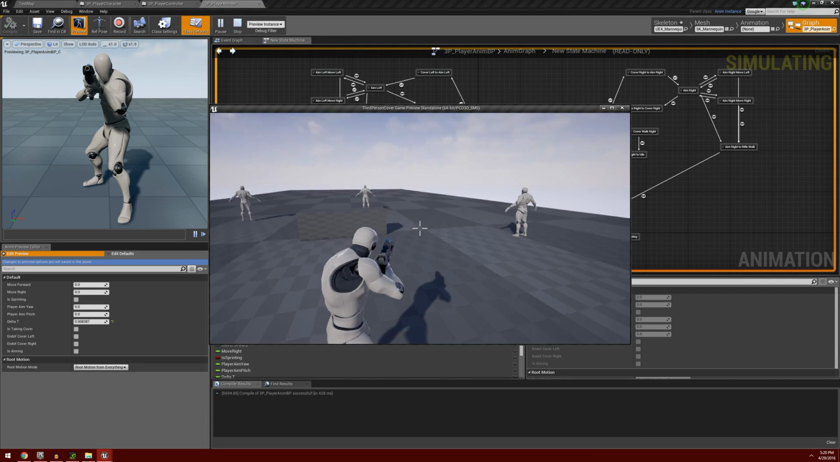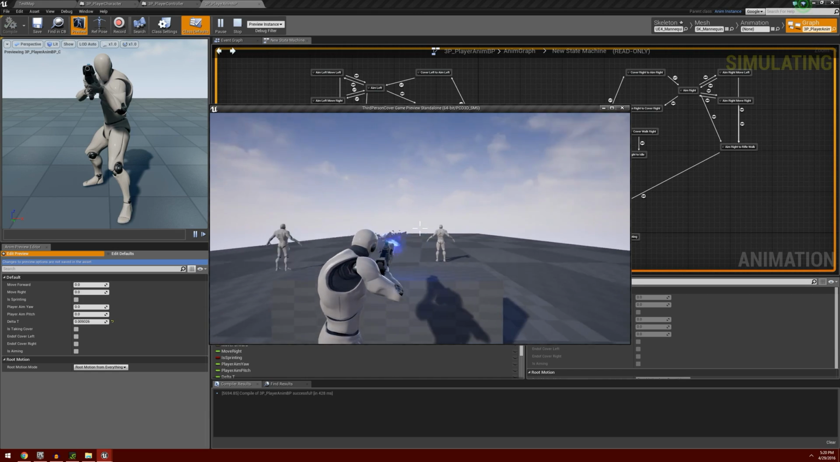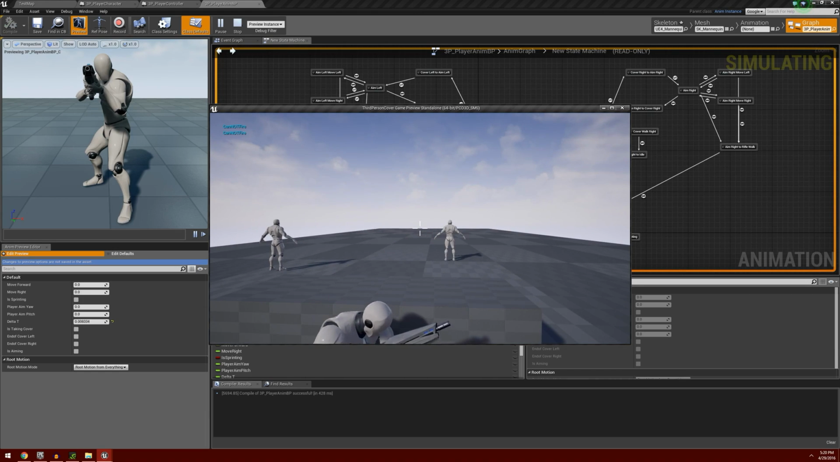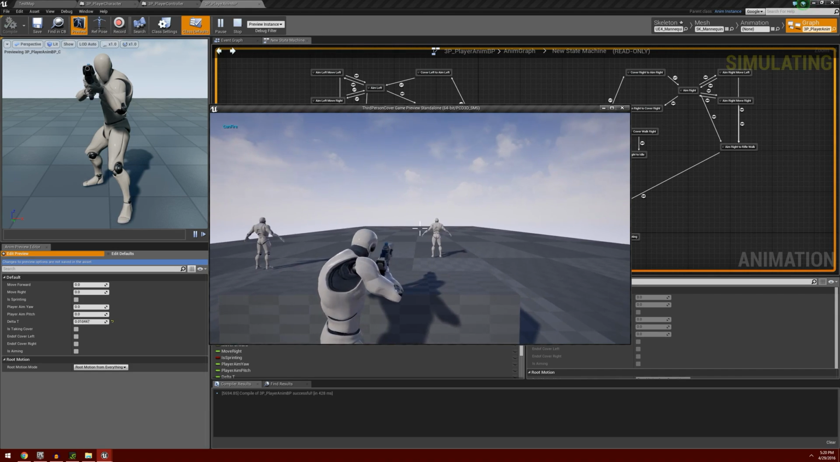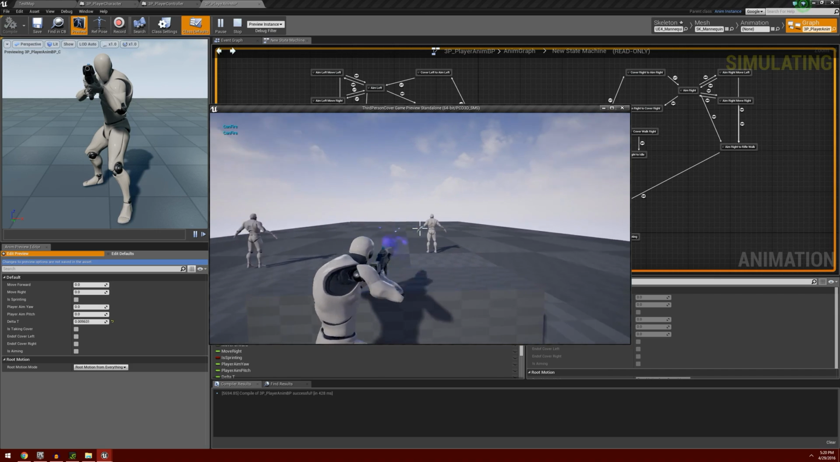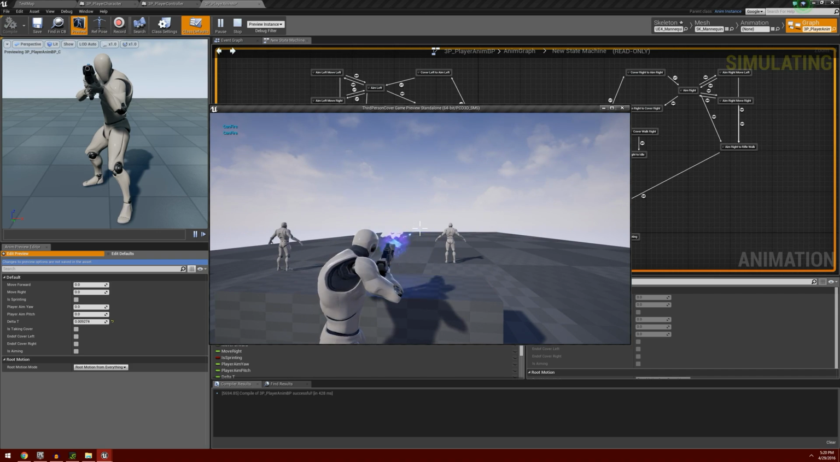So if we hit play, if I move up to cover here, I can shoot. And if I actually take cover, we see that it sets it to cannot fire. But if I go to aim, it sets it to can fire. And I can move around and fire from this position. But if I let go of the aim button,